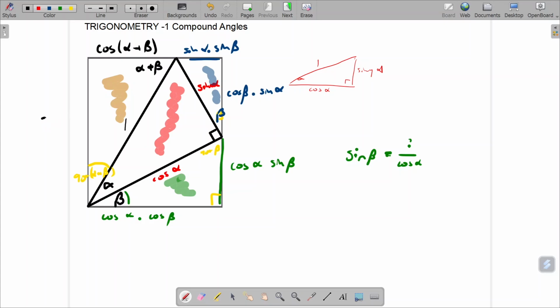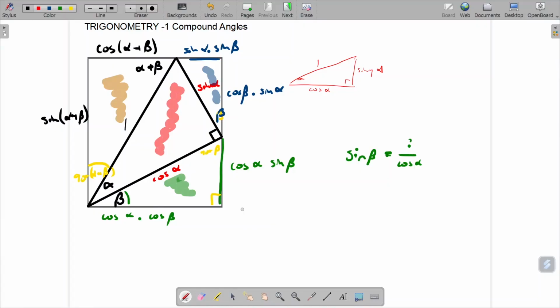And this one on the left-hand side is going to be sine of alpha plus beta. Now, again, you know that because we have a rectangle here, that the opposite sides are equal, which means that the left-hand side must equal the right-hand side. So we get our one key value, that therefore sine of alpha plus beta will equal sine of alpha